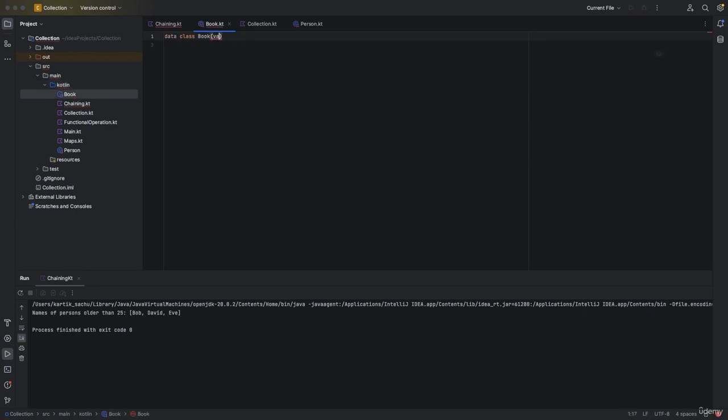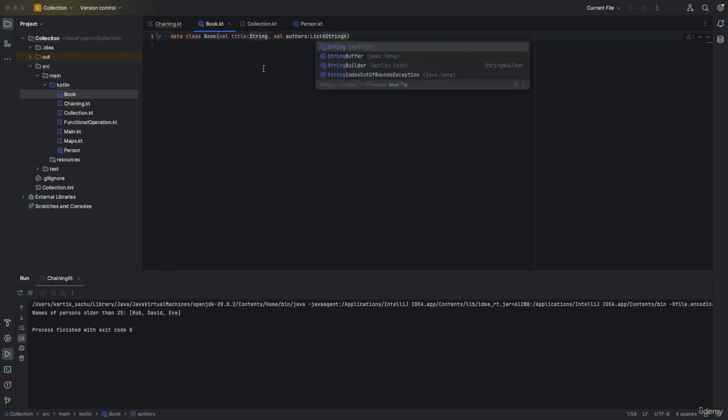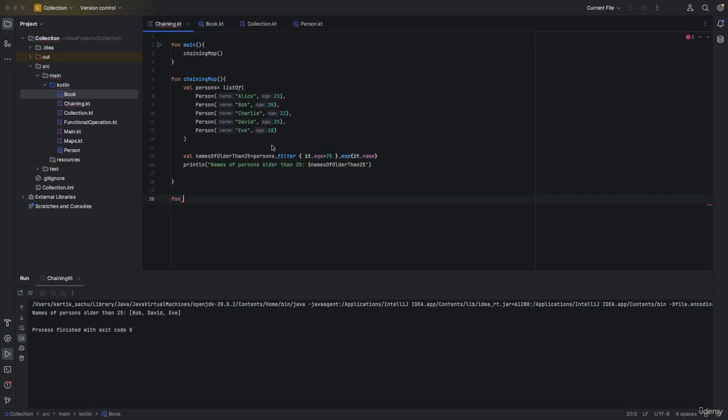Over here I'm gonna say val title, which will be a string, then authors, which will be in the form of a list. Great. Once that is done, there are two variables, one is a string and one is a string in the form of a list. Now what I'm gonna do is create a function,